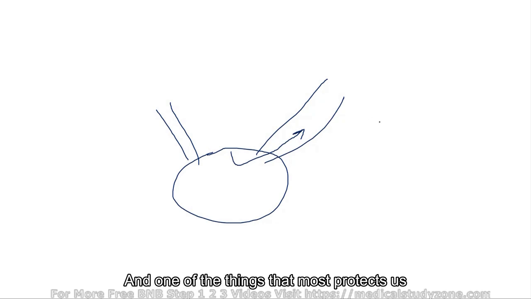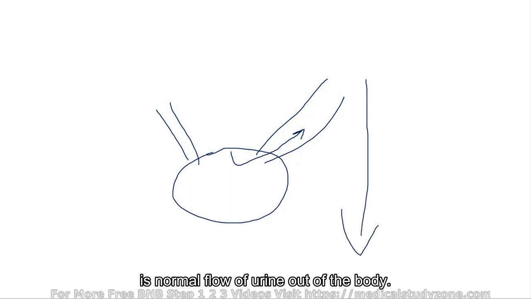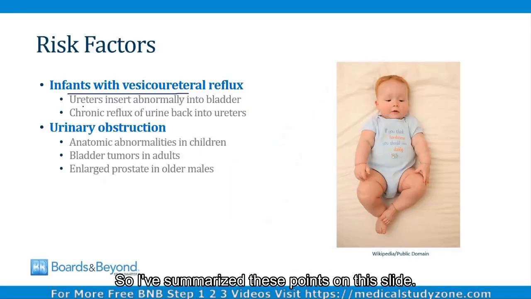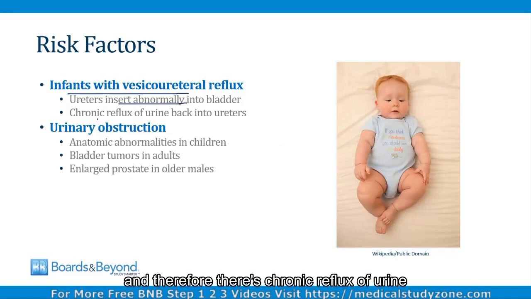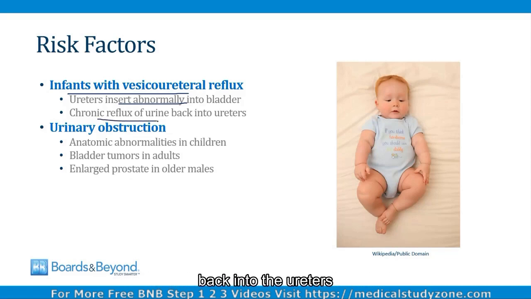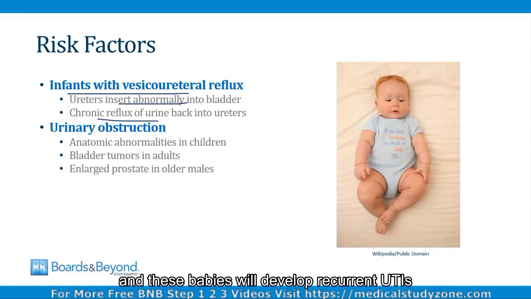And one of the things that most protects us from urinary tract infections is normal flow of urine out of the body. So anything that impedes that flow, or even worse, makes it go backwards, makes it easier for bacteria to ascend and cause urinary infections. So I've summarized these points on this slide. Children with vesicoureteral reflux have ureters that insert abnormally into the bladder, and therefore there's chronic reflux of urine back into the ureters. And these babies will develop recurrent UTIs,